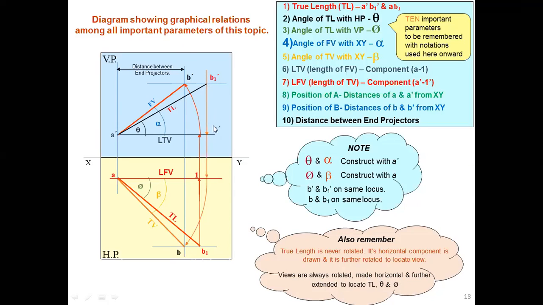True length you need to project up to the other side of the locus of A. This is the locus of A dash. See the position of my cursor. This line is called the locus of A dash, and this line is called the locus of A in top view, locus of A dash in front view. So the true length will be projected up to the locus of A, then you will get this point. Take the compass from A to this point, then rotate till the locus of B.